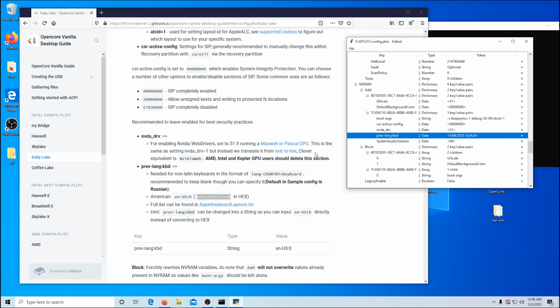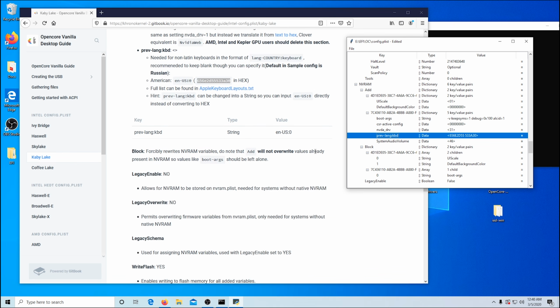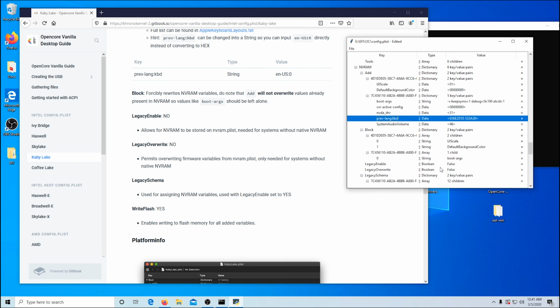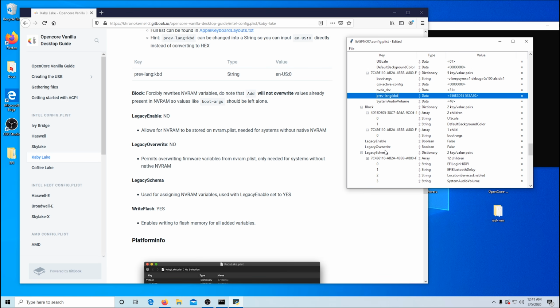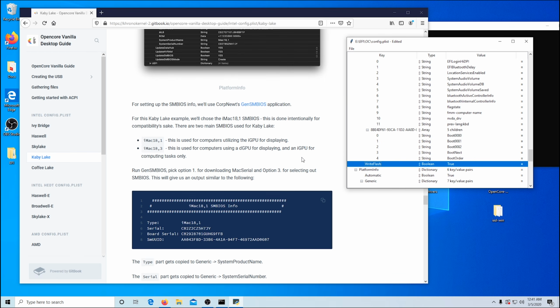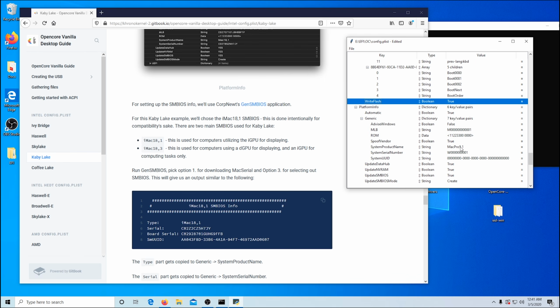All right, so let's move on down to block. And we've got legacy enabled. Write flash, which is down here a little ways, needs to be set to true. Platform, I want you guys to go ahead and put in iMac